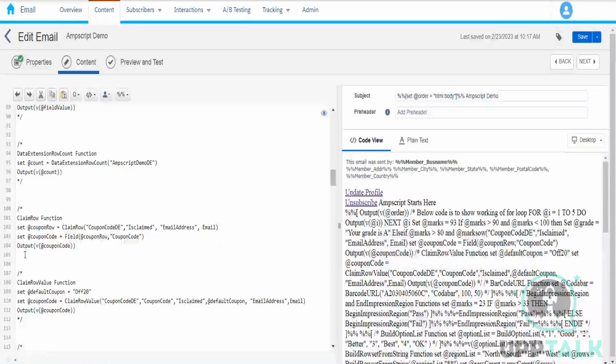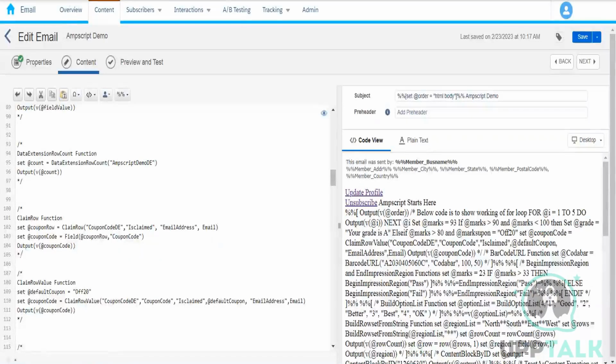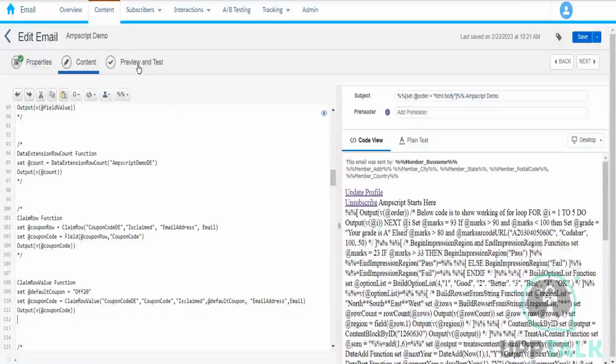But what will happen, for one customer, if the coupon has already been claimed, it will not assign any other coupon to the same customer. What it will do is basically return the same coupon that has already been claimed by the same customer. So for example, let me just remove it and show it to you. If I do the preview now,